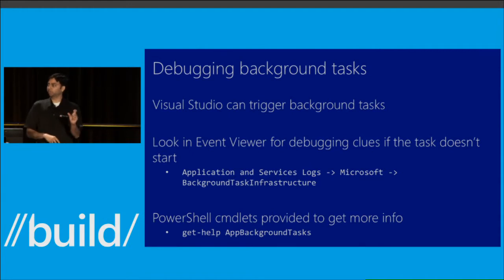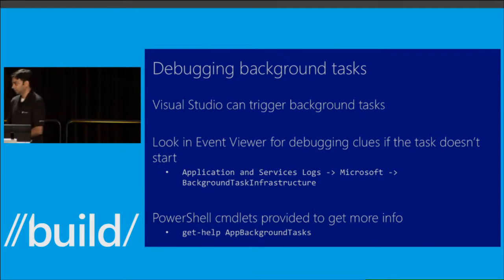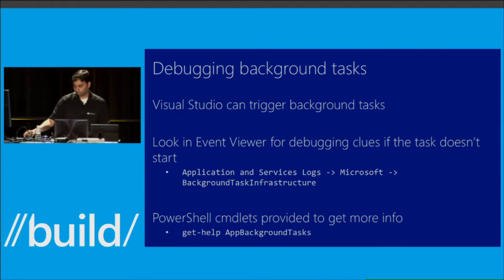And in addition, in Windows 8.1, we added a whole bunch of management interfaces as well, PowerShell cmdlets. These PowerShell cmdlets allow you to enable debugging on background tasks. They allow you to see how much resources your background task has used, and even launch or trigger background tasks or delete background tasks. So let's do a quick demo on